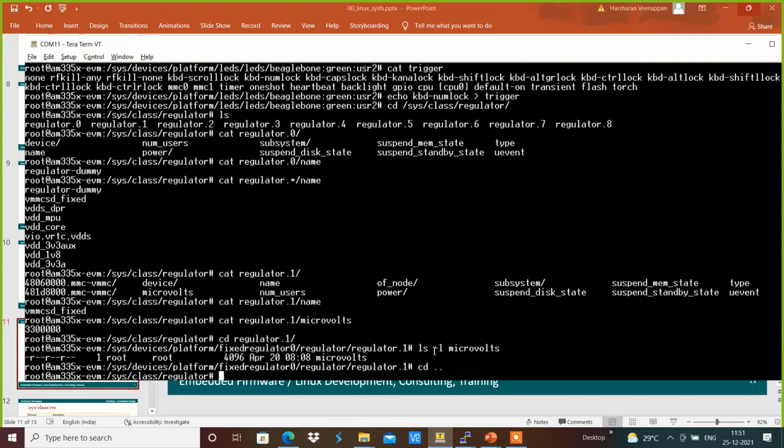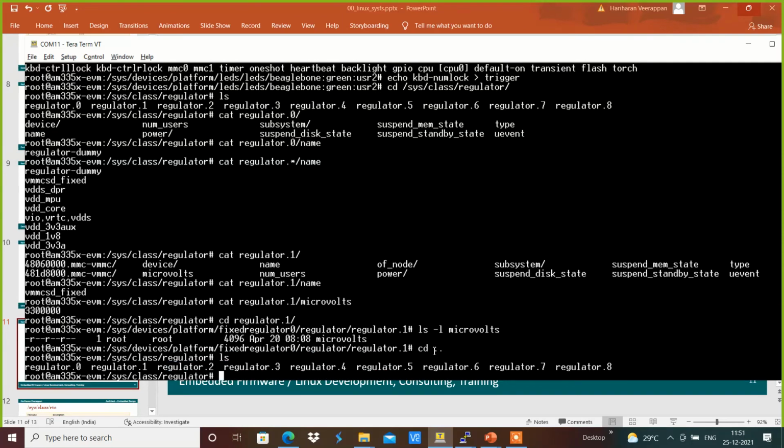Maybe I can check with ls -l on regulator star, and microvolts over here.